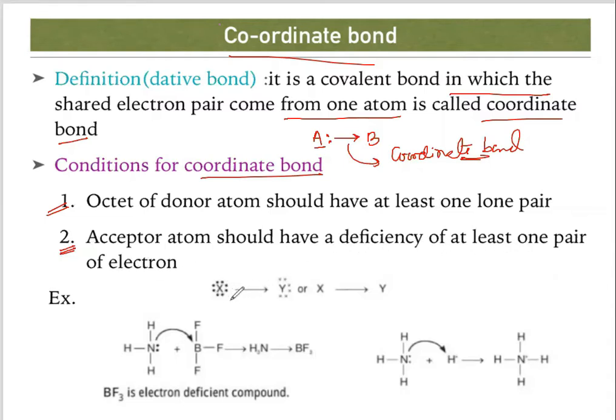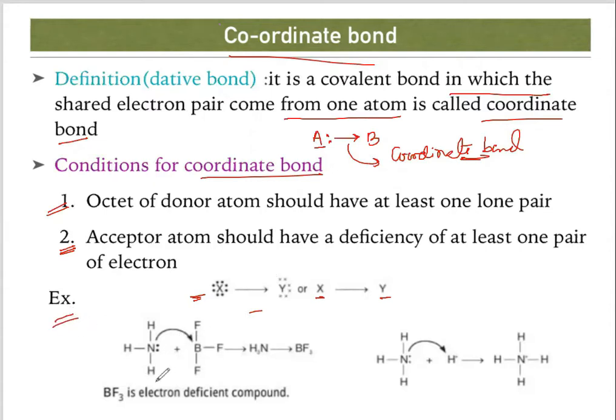That means the picture is now clear here. See, X atom is a completely octet atom, and this Y atom has an incomplete octet. So X atom will donate a pair of electrons to Y. So according to these conditions, the bond between X and Y can be given as this arrow mark. Okay, I think these 2 points are clear to you. Now coming to the actual example.